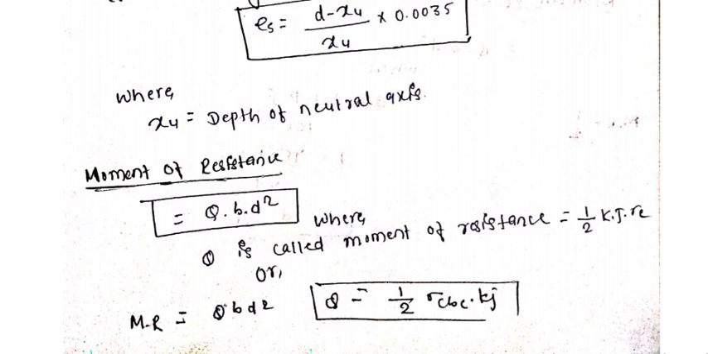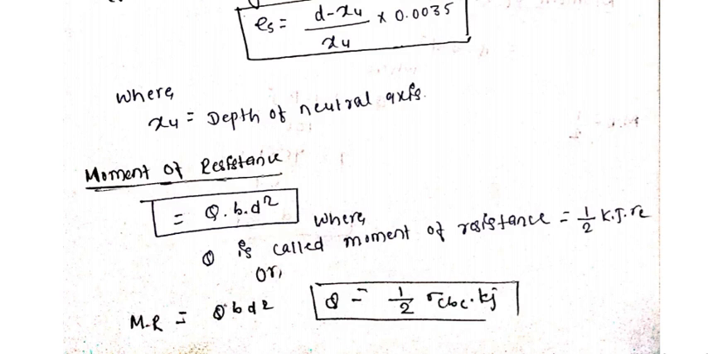Before we see another type of section, let's talk about the moment of resistance. My dear friend, let's take a practical example. Suppose you take a steel bar in your hand and try to bend it. You can't bend it because the moment of resistance of that steel is high. If any material has a higher moment of resistance, it is very difficult to bend. So the moment of resistance of this type of section is given as Q into b into d square,